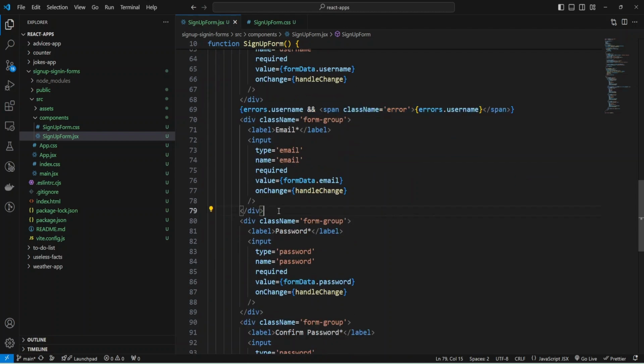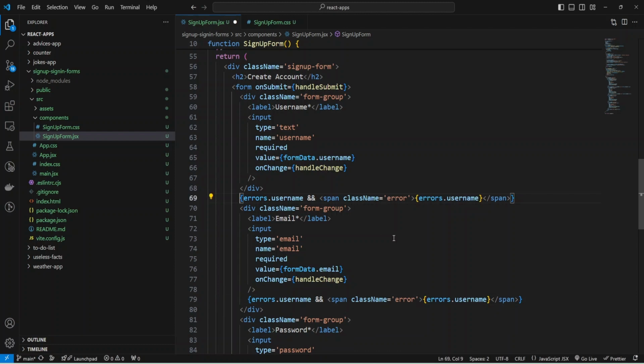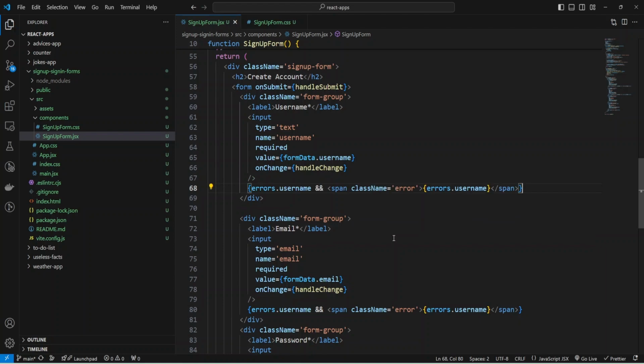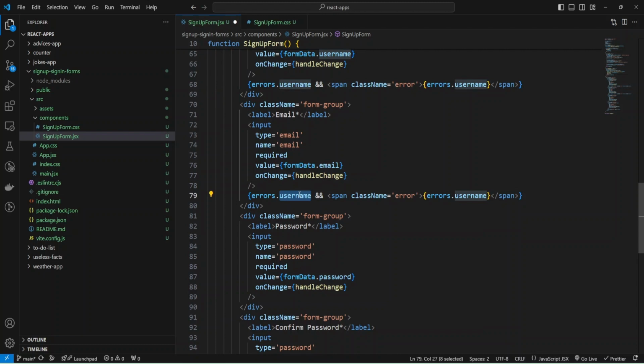For email inside form group, and also I need to move it inside my form group, and here we'll have the error for email, and also here.